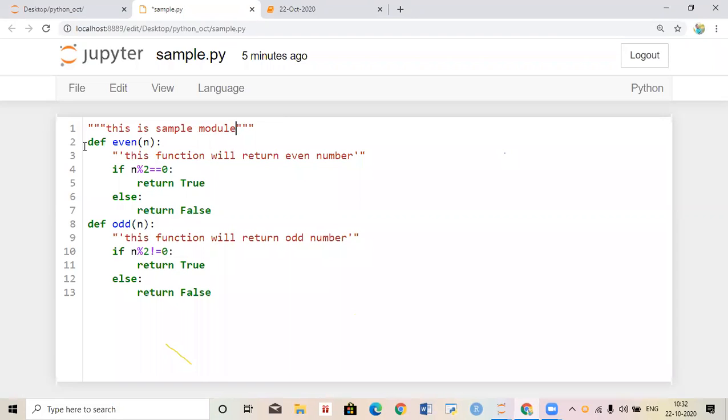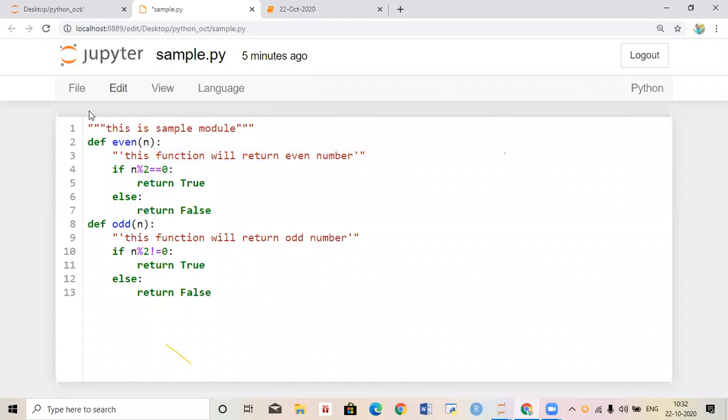In that I implemented two functions, first one is even and second one is odd. Def even, I wrote: this function will return the even numbers. To check an even number, if n percentage by 2 is equal to 0, then it is called an even number. Otherwise, it returns false.